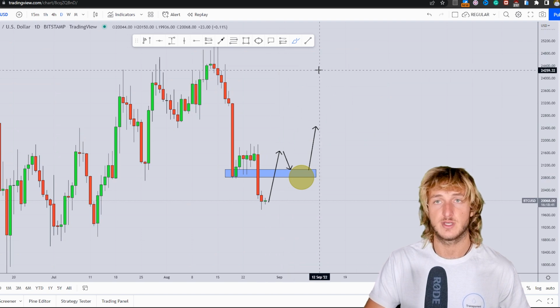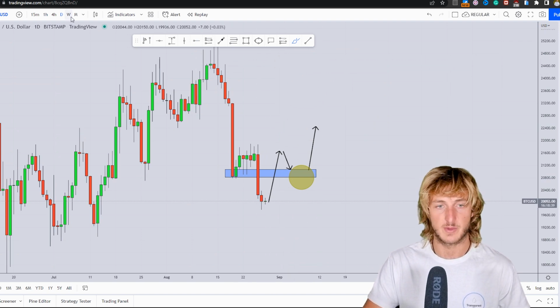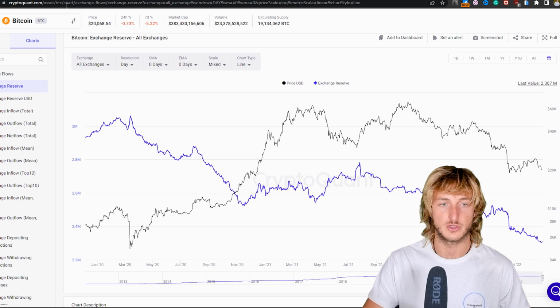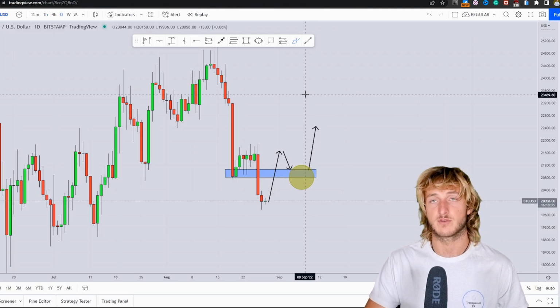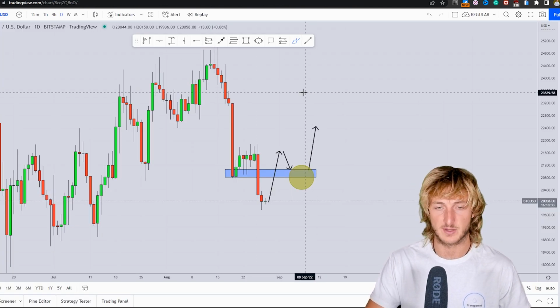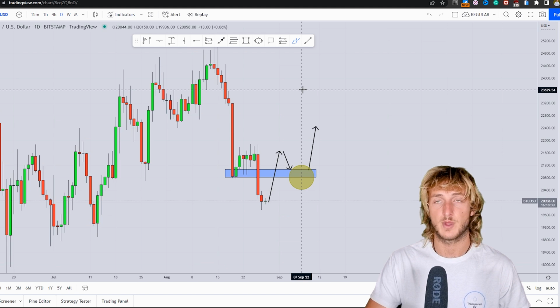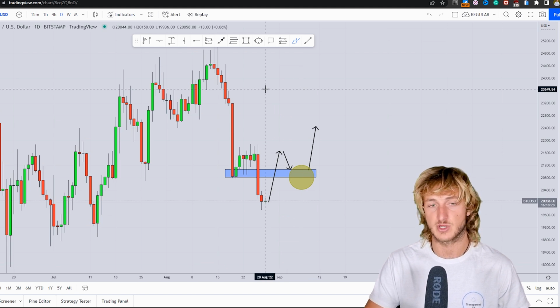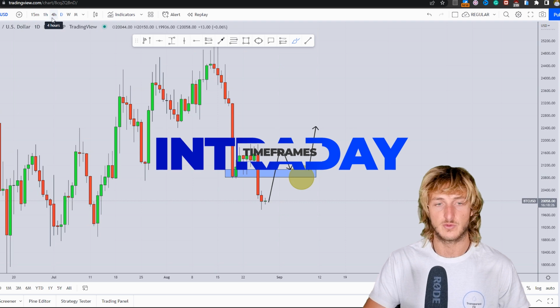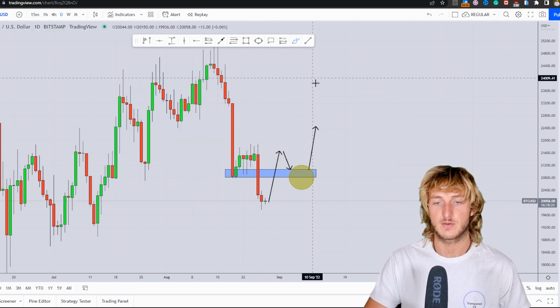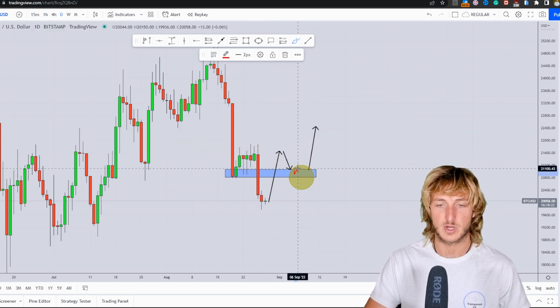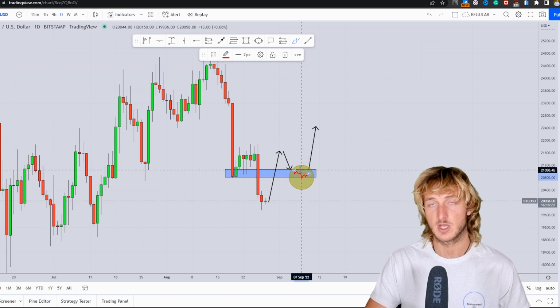Now, as usual, trading is reactive and not predictive. The monthly, weekly, and daily combined with the on-chain data, those are the best time frames from a directional perspective. However, when it comes to confirmations and entries, the best time frames are the intraday time frames, so 4 hour and lower. Therefore, what we could be doing is monitoring price action from an intraday perspective during this move to the downside,